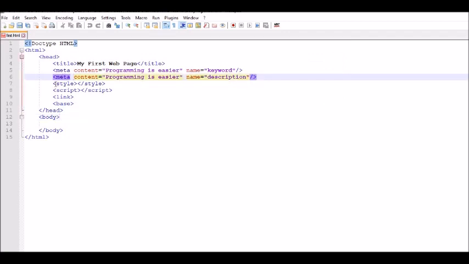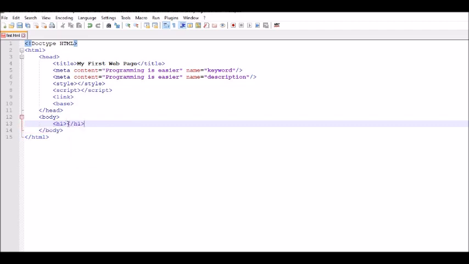So let's edit the program that we have explored in the previous session itself. So we are having head tag, inside it we are having title tag and meta. So we can skip style, script, link and base tag for now, and let's continue with the body tag. In that, I am going to use 6 types of heading tags, which is H1 to H6.